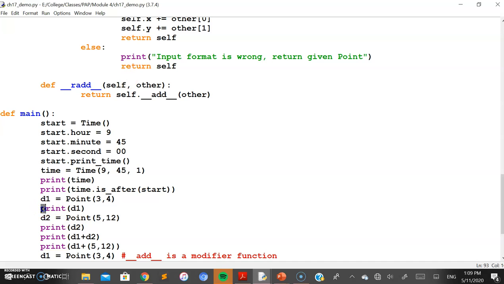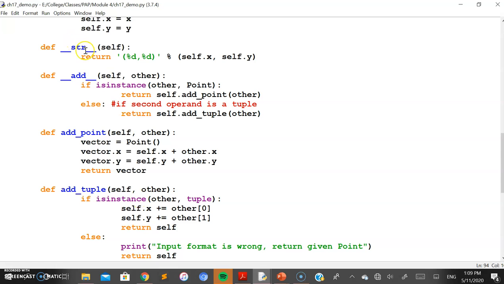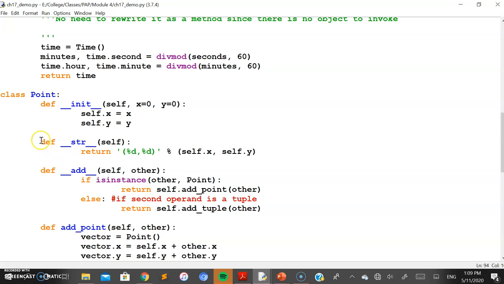Similarly, in the next statement, print d1 has been taken. Do remember here, when you create an object of a class by passing values, the init method is implicitly invoked, and when you execute the print statement with the d1 object, the str method is implicitly invoked here. So it will go to this part of the body in the class Point. It will return the two values with the format specifier as two numeric values, which need to be filled with self.x and self.y.